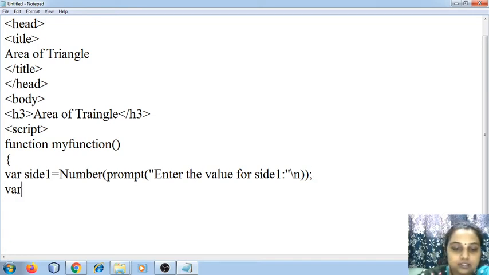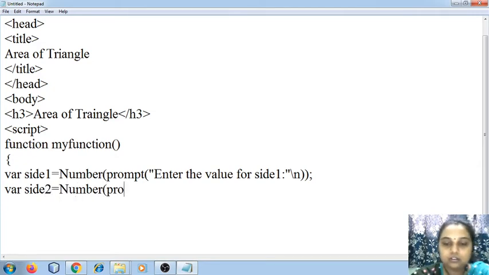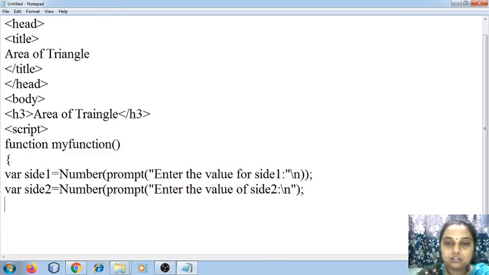In a similar way, variable side2 equal to Number, prompt, enter the value of side 2.